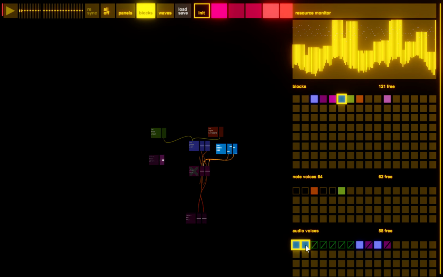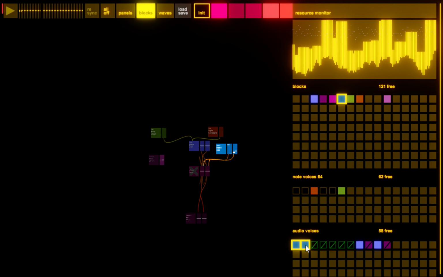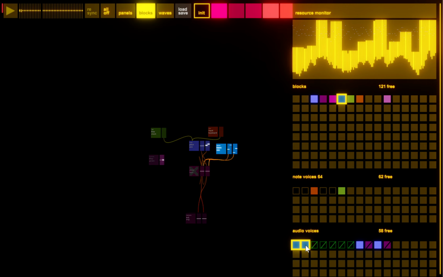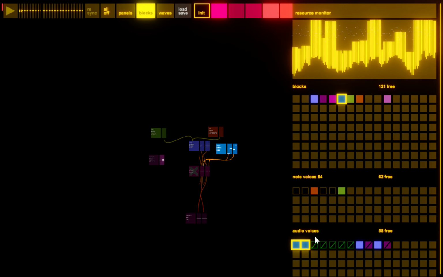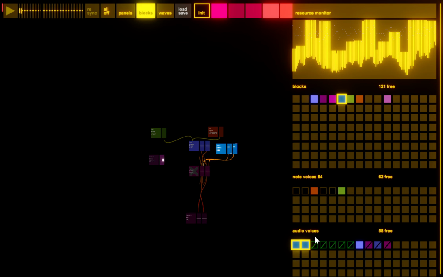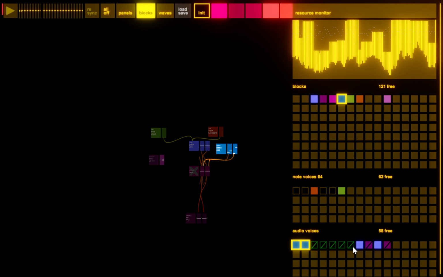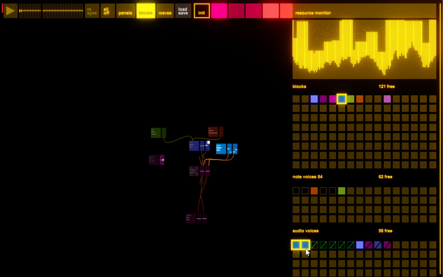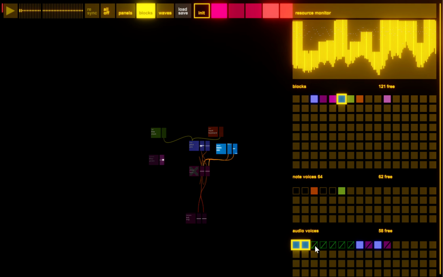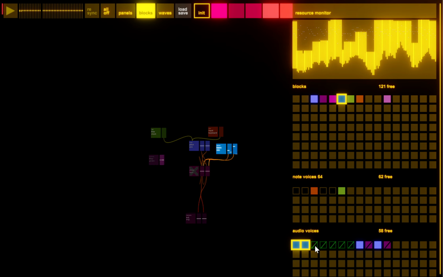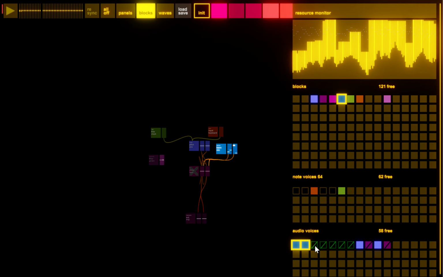because you can click on one and then alt click. I won't do it because it'll stop the recording, but that would bring up the Max patch so you can edit your blocks. And it also shows you that they mute themselves. If there's no audio going through, it turns itself off. So the line through it means this block has gone to sleep, it's not doing anything.